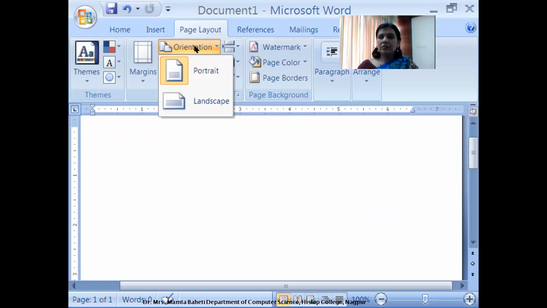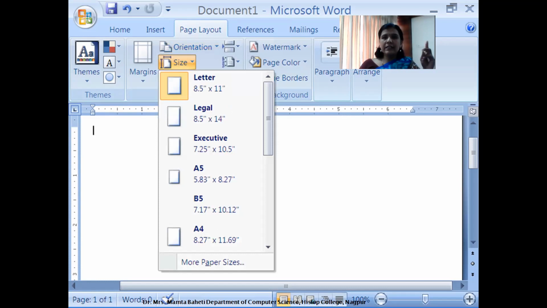So you will be able to see the page layout settings from the third tab, that is the Page Layout tab. There we can see the orientation, margins and the rest of the settings. Okay, the moment I click on orientation, I get two options. One is portrait. If I click on portrait, the image itself shows that the page is vertical. Here the page is horizontal. In portrait, the page is vertical. In landscape, the page is horizontal.